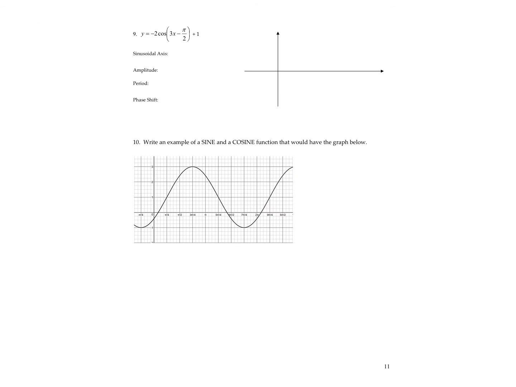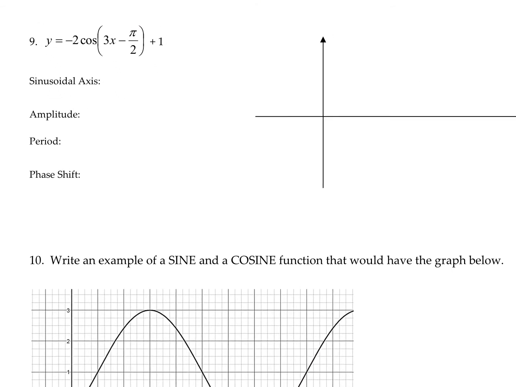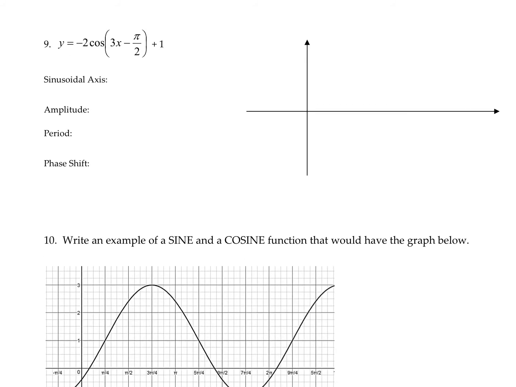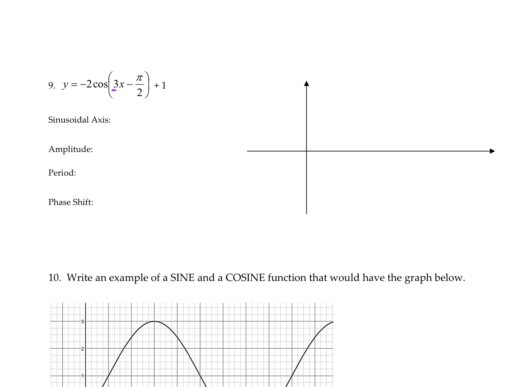All right, let's graph one more. So if I'm looking at this equation, y equals -2 cosine of 3x minus pi over 2. So notice the 3 is inside with the x. So actually I need to factor out that 3. So I'm going to rewrite my equation as y equals -2 cosine of 3 times x minus